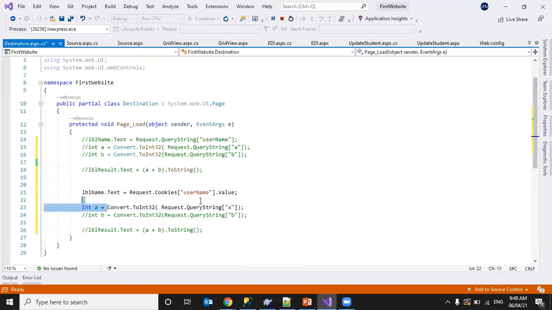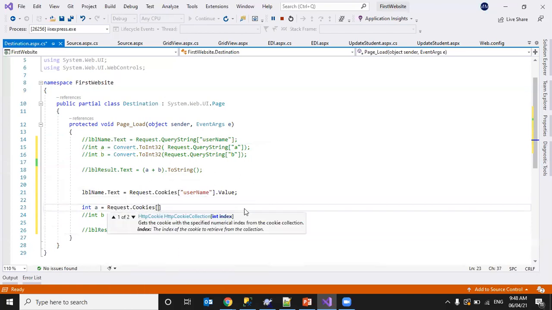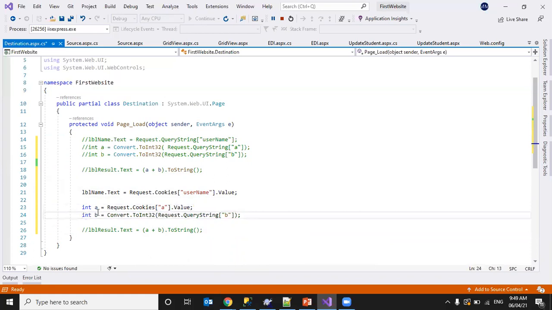Let me take Request.Cookies of A dot Value. This way we can access and display the result.